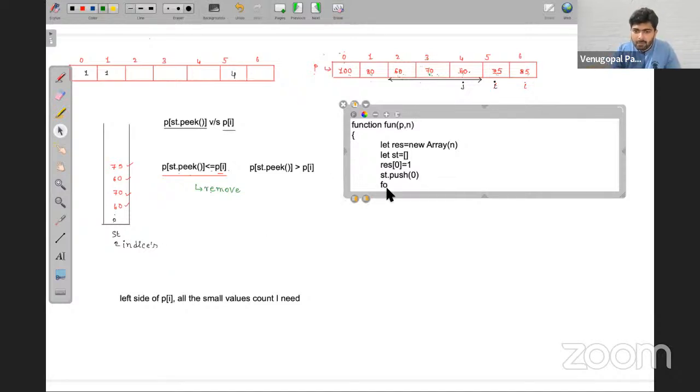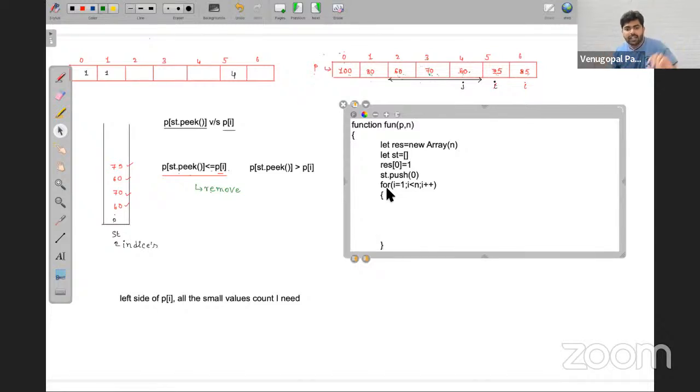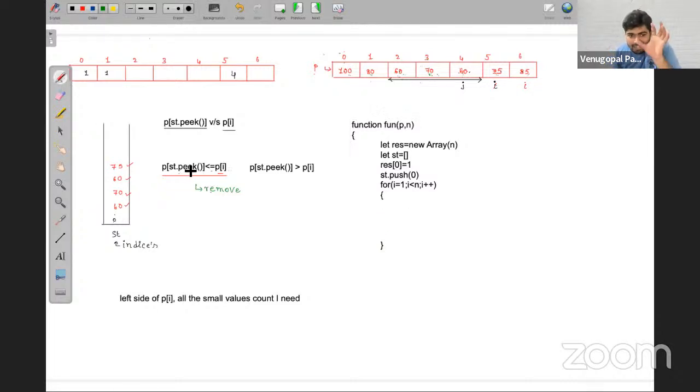Now I am going to start my loop from index number 1 to last element, I++. Now, as of now, anyone having any doubts? Basic things we have done, nothing else. Okay. Now, here what I said, my dear friends, in case if any element from the stack is small compared to that, then don't keep those elements inside the stack. Better to remove those elements. That is what I have said.